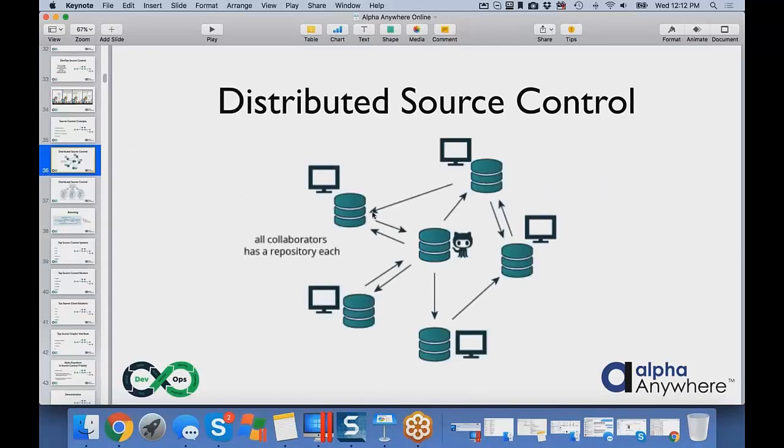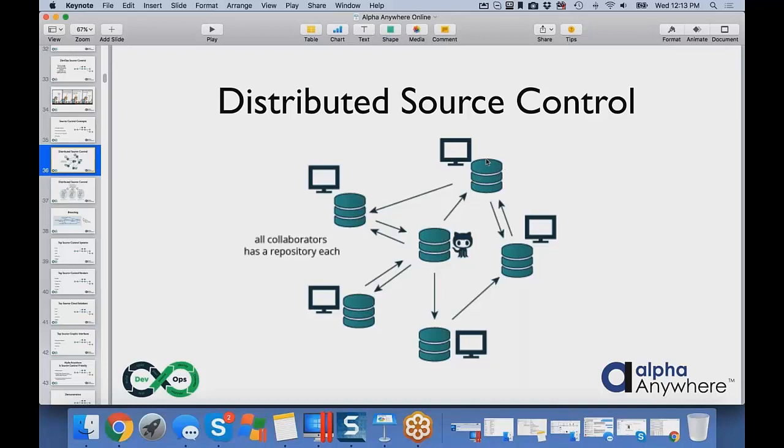Well, modern source control has what's called distributed source control, where now each person that's using it has their own little local database of file information. And so they have their own little repository, which has this folder and this file information in it. And then they're working on their local repository. But then what's neat is that there will be a central repository, and everybody will connect to that central repository, which allows people to then share and coordinate those files.